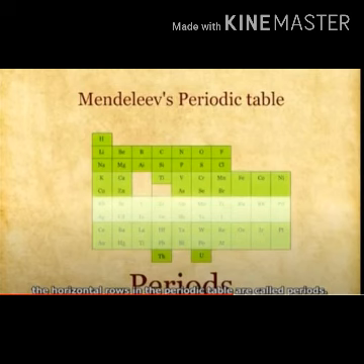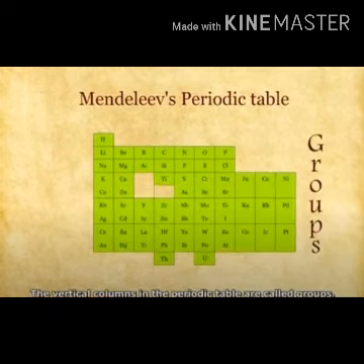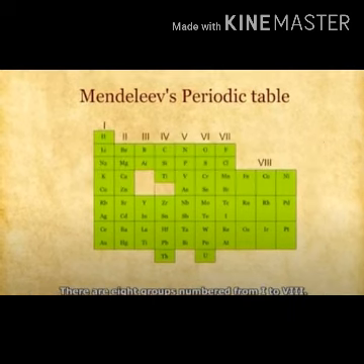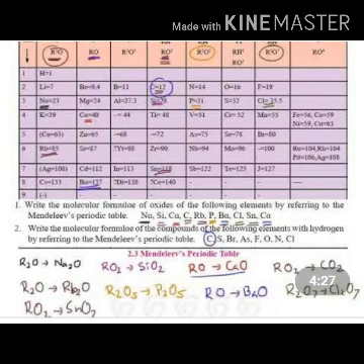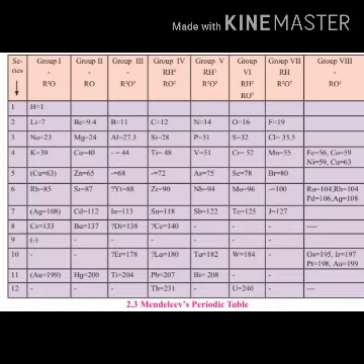Mendeleev periodic table. The horizontal rows in the periodic table are called periods. There are a total of 7 periods. The vertical columns in the periodic table are called groups. There are 8 groups from 1 to 8. In the Mendeleev periodic table, the general formula of oxide for group 1 is R2O, for group 2 is RO, for group 3 is